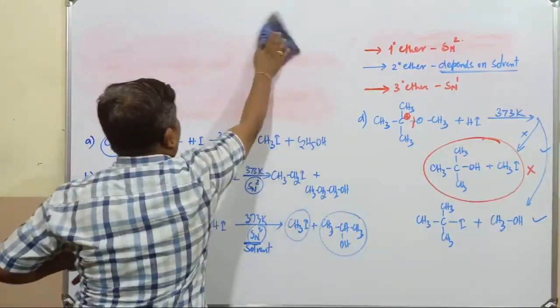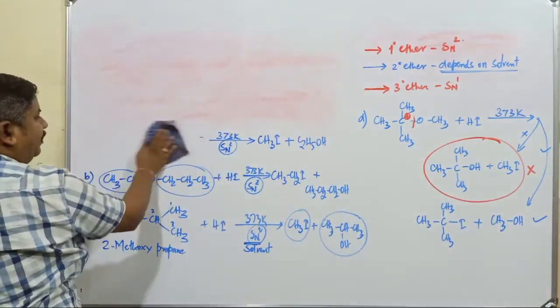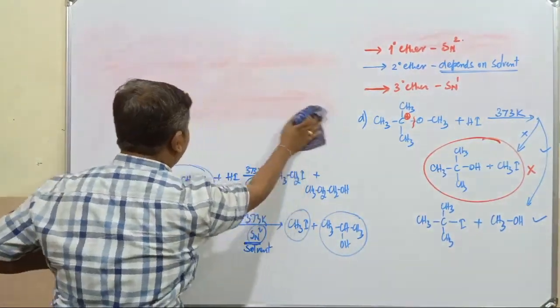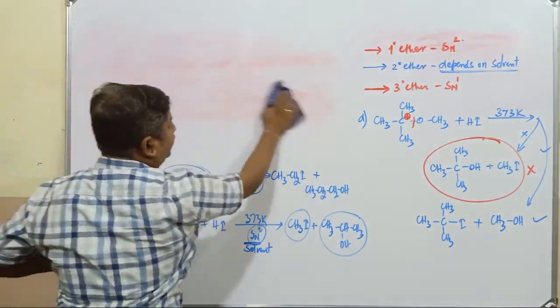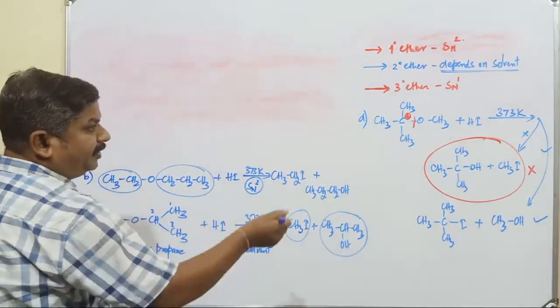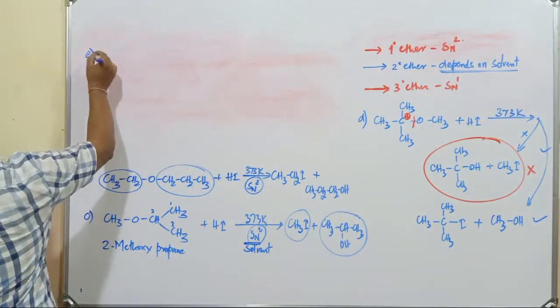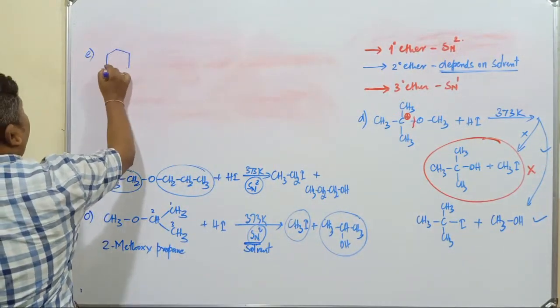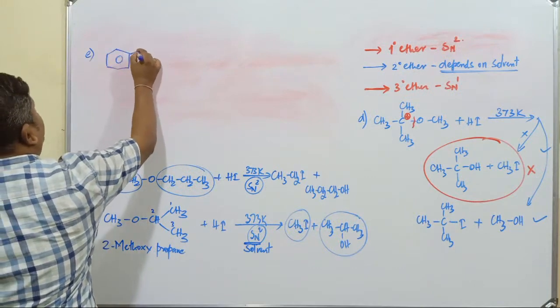Wherever there is formation of a stable carbocation, like tertiary butyl carbocation, sometimes we may also come across benzyl carbocation. In that case, the product is going to be exactly reverse. One more example we consider here. This is the compound